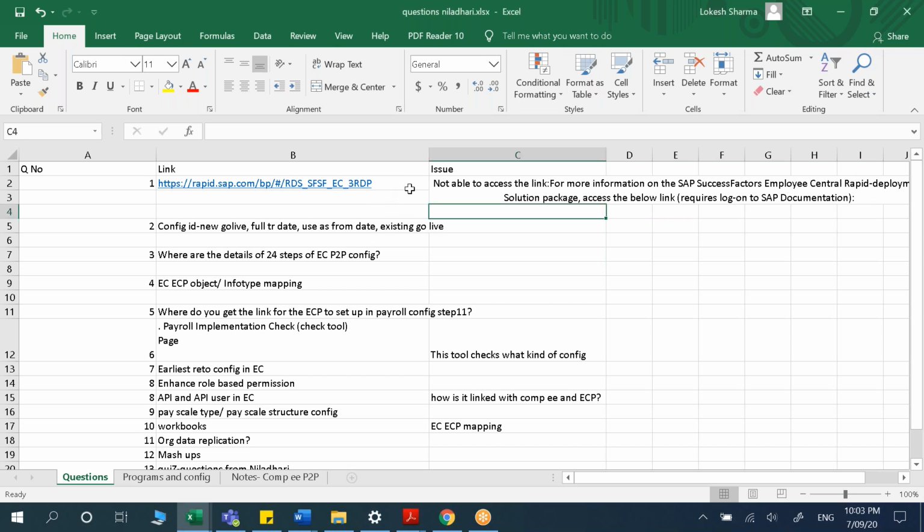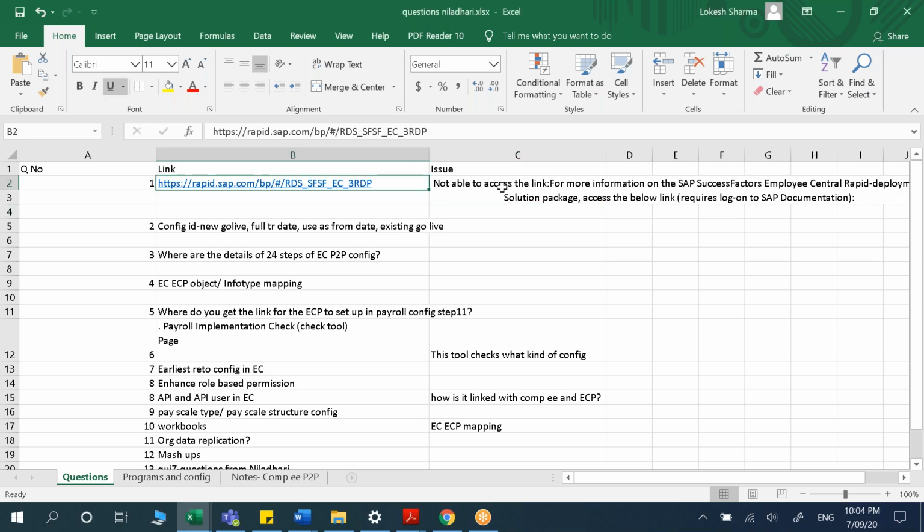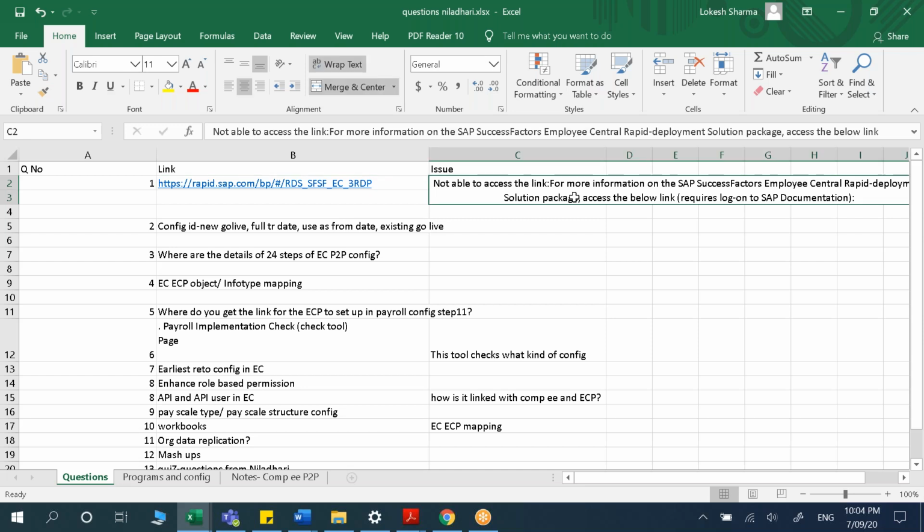So when I was going through Learning Hub, right, there were two very useful links. One was for the job aids, which you would have seen, of course, with those job aid codes for various processes, which was good. I think it was called best practices, something of a similar sort. The other one was this RDS link.